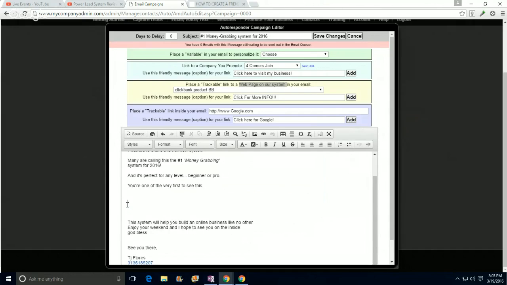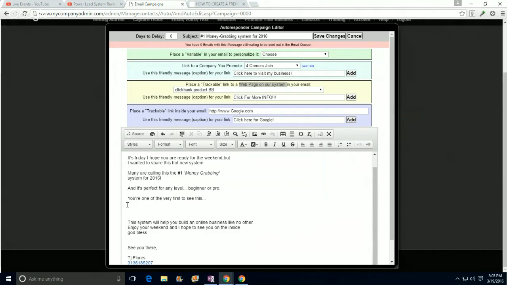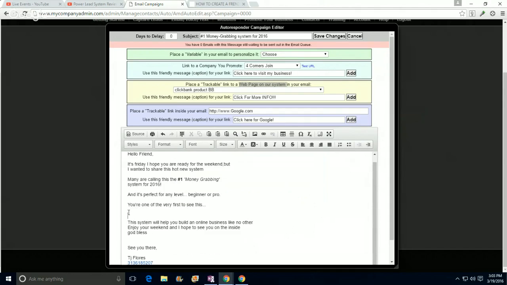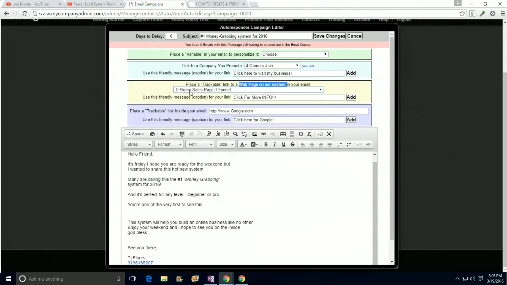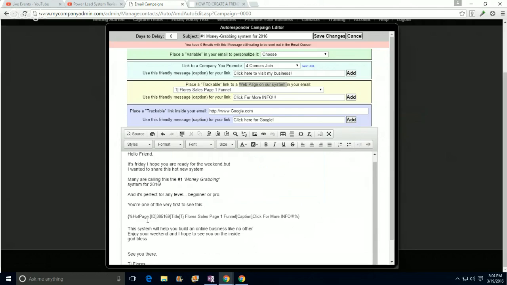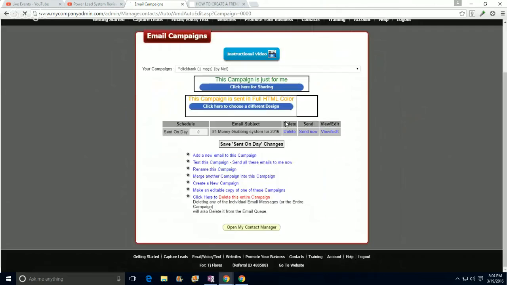For example, I believe I have a page that I created. Let me come here and look at it. Okay, I think it's somewhere down here. So TJ Florida sales page funnel 1. Hopefully it's still here. Okay, so I'll click here for more info. I'm going to add that in here. As you can see, I'll just hit enter. That was kind of spaced out. Okay, so if I hit save changes, all right,